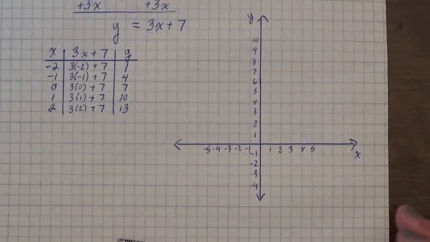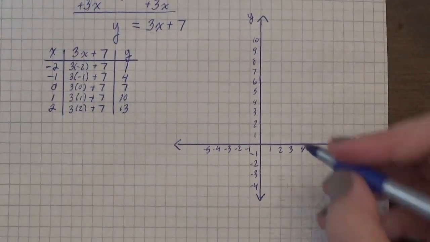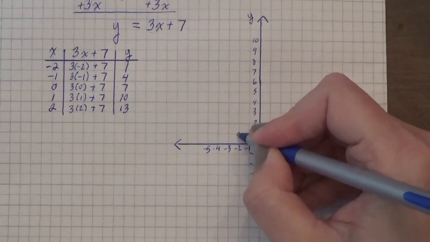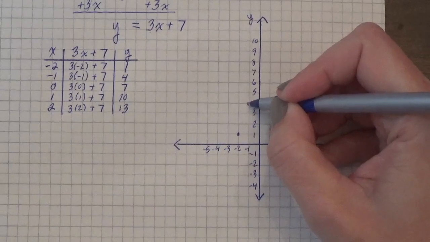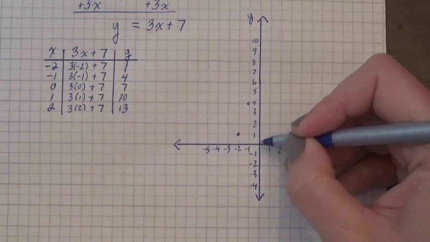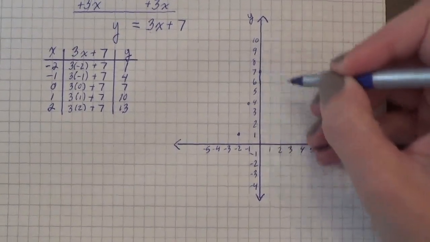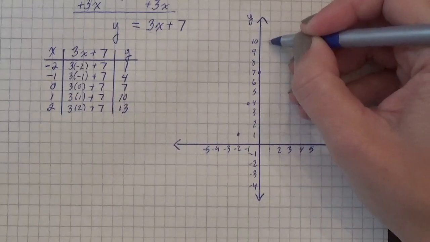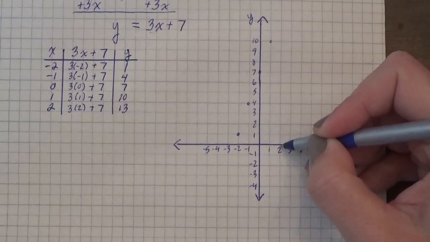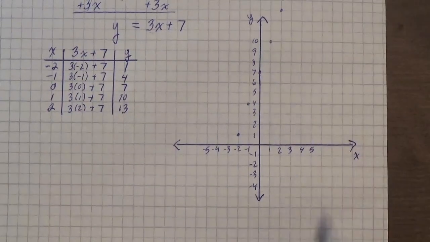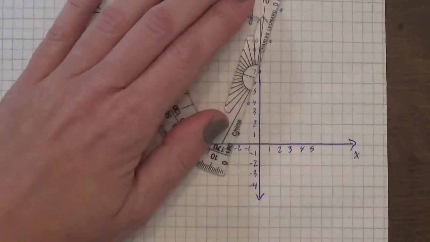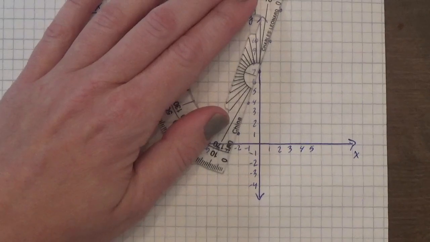Okay. So the first point, negative 2, comma 1. There we are. Then we've got negative 1, comma 4. And 0, comma 7. 1, comma 10. And here I'm going to be a little off. 10, 11, 12, 13 would be up there. Okay, and then we're going to connect,